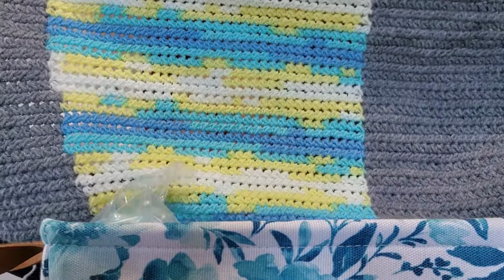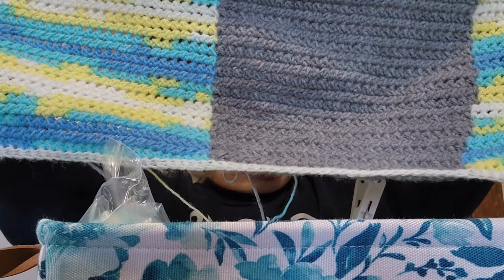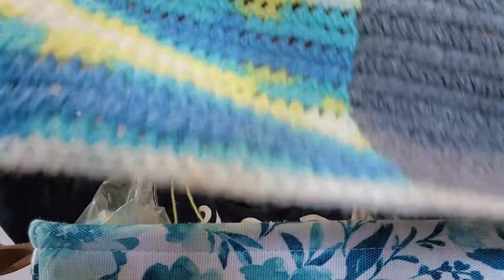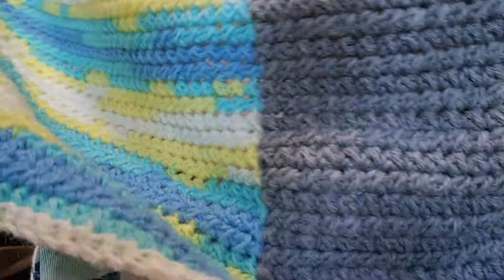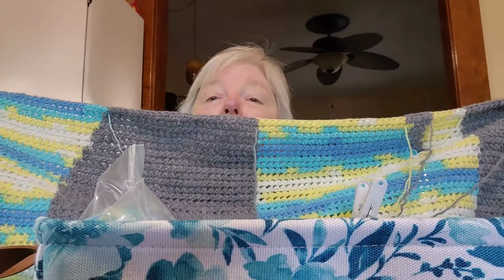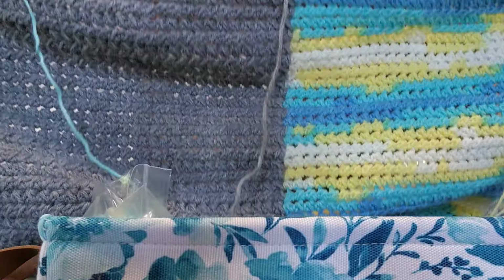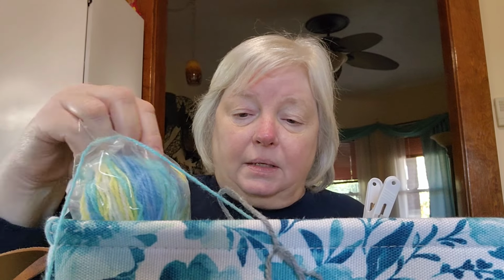So I've divided off for the tail, just a little bit there. And this is what it looks like. And if you look at the yarn side of it, this is what it looks like. Yep, there is yarn attached, strings everywhere, all attached. I am using, and we'll get into all of this, this yarn,